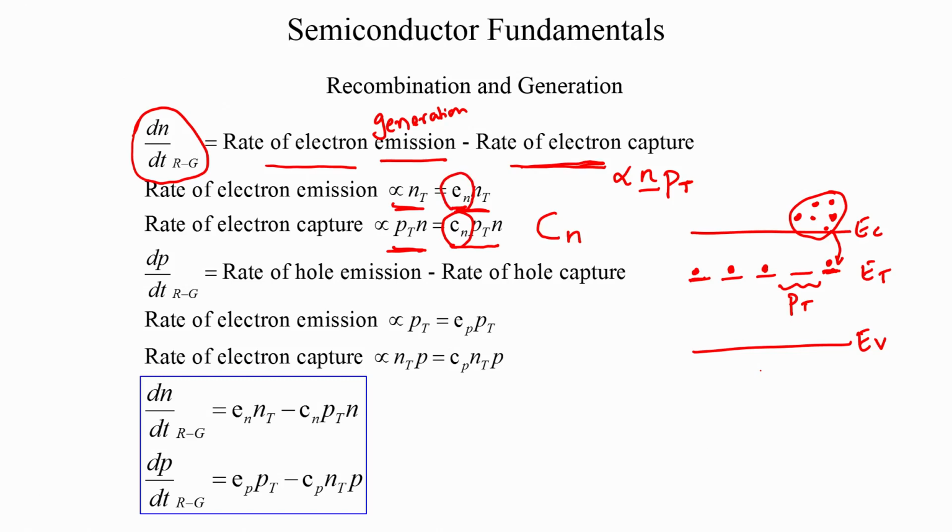Now let us talk about the holes. Just like in the case of electrons, what is the rate of change of the hole population? The hole population depends upon the rate at which the holes are emitted from the trap states and the rate at which the holes are captured into the trap states. Just like in the case of electrons, all these empty states are essentially holes, right. So, just like in the case of electrons, the rate of hole emission, I am sorry, this is a typo, this should be holes, the rate of hole emission,